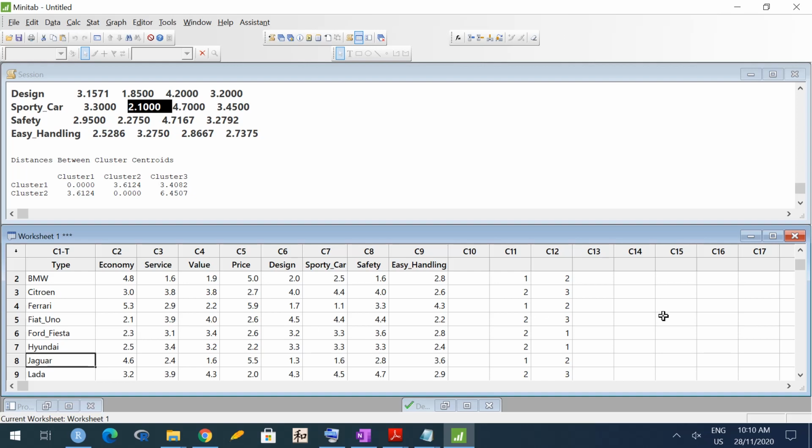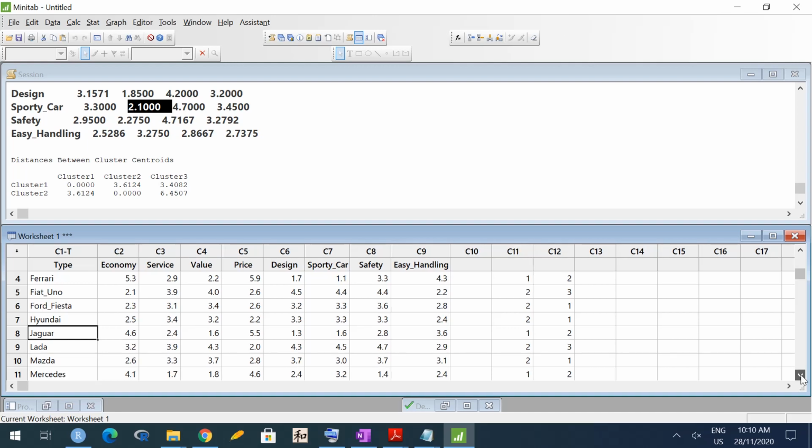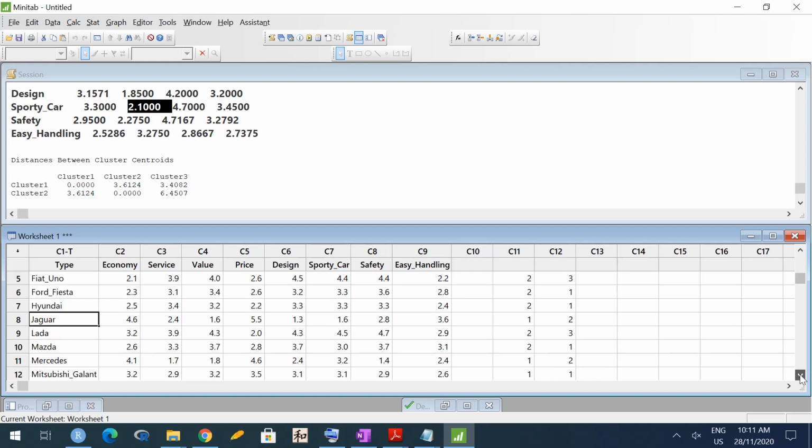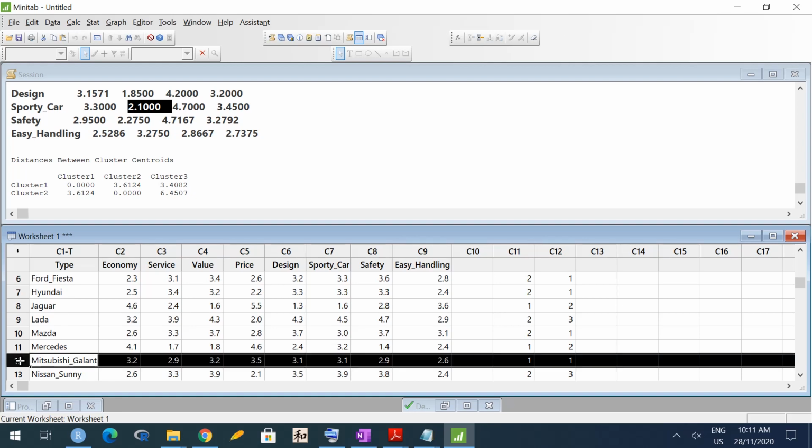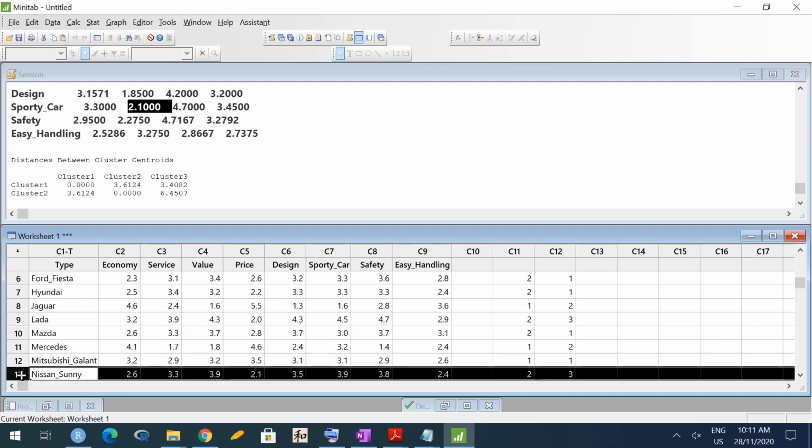And something which was earlier in a different cluster, so earlier it was in cluster 1 but now shifted. So we will see, is there any? Okay, yes, Mitsubishi. So earlier it was in expensive car category, but now it has shifted to moderate cars category. Okay. Similarly, Nissan was earlier in moderate car category, but now it has shifted to inexpensive kind of category. Okay. Because our choice of threshold also is different.